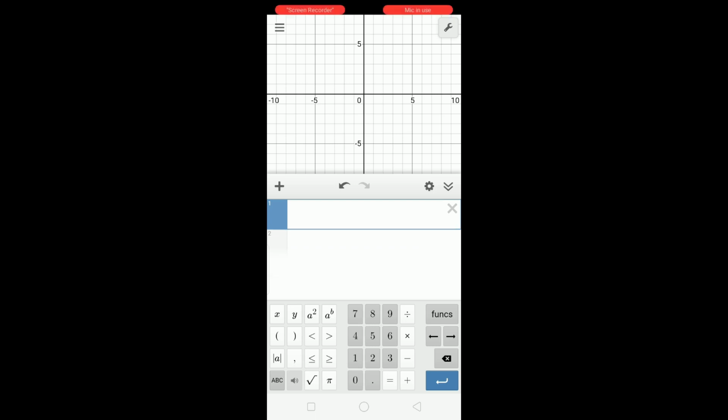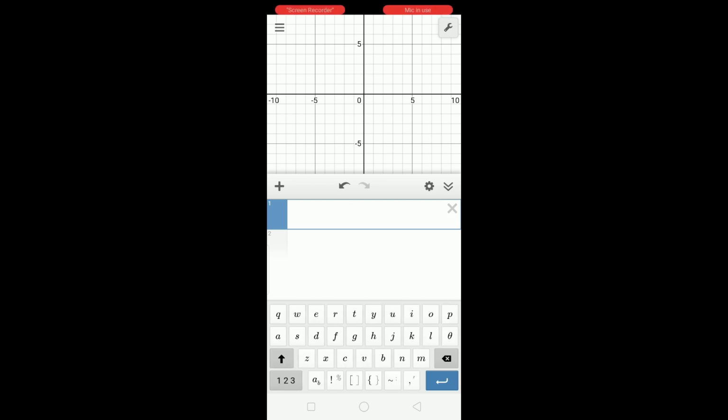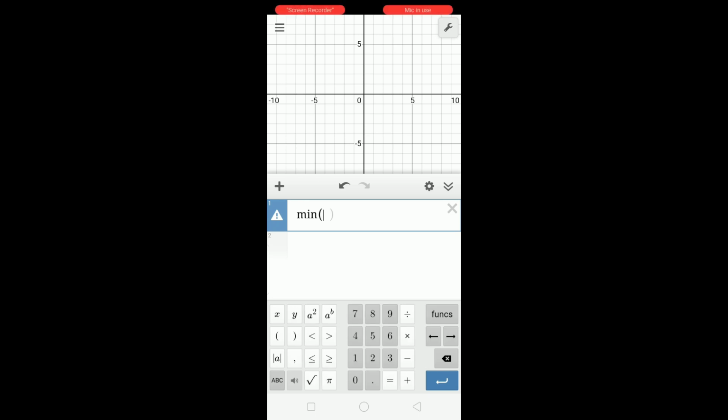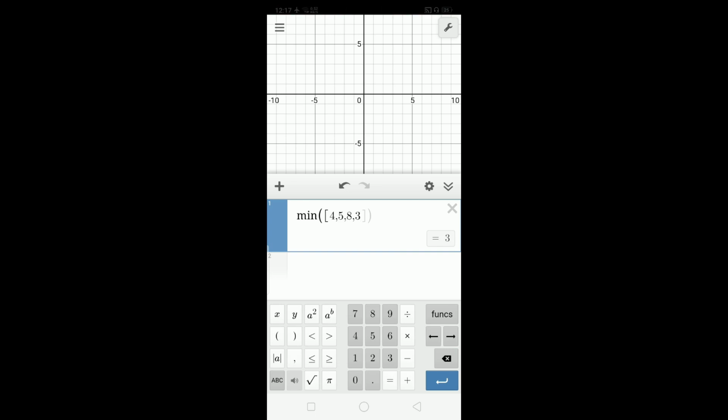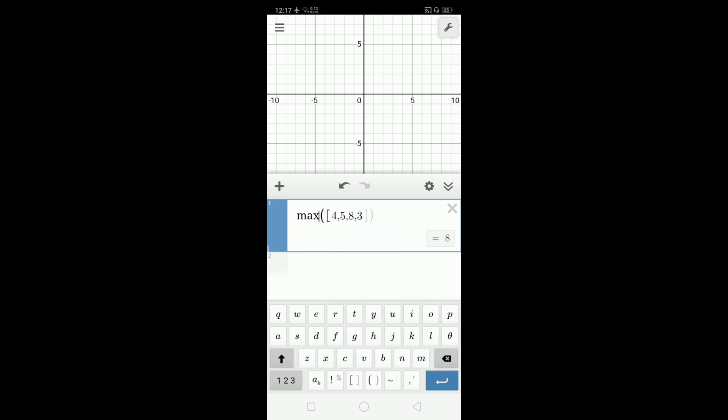Next I am going to consider minimum, maximum and median. To get the minimum of a list of values, we need to use the min function. As input we need to provide a list in square brackets. Among 4, 5, 8, 3, the minimum is 3, that's why I got 3 as the result. Let me consider the maximum and the mean. Here the mean is 5 for this 4 element list. In the same way you can find the median with the median function. Then the median of these 4 values will be 4.5.